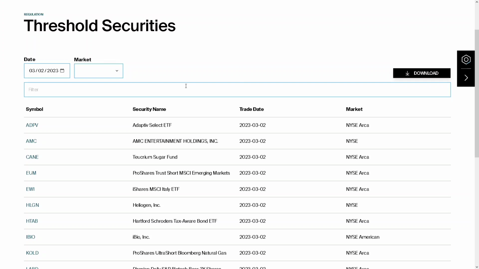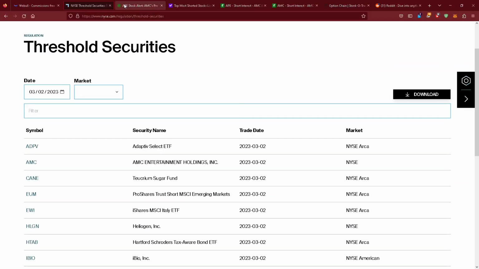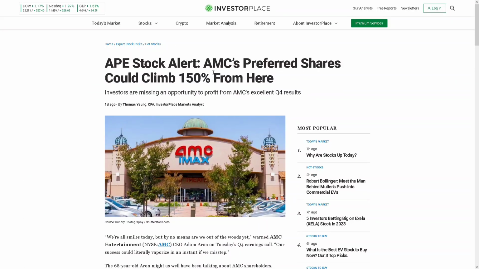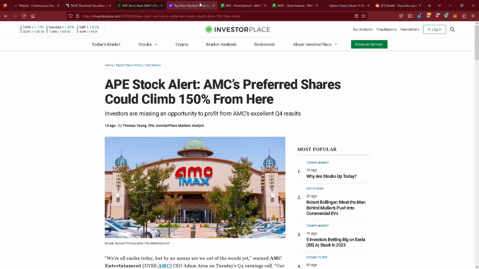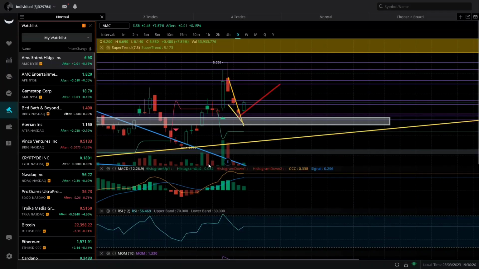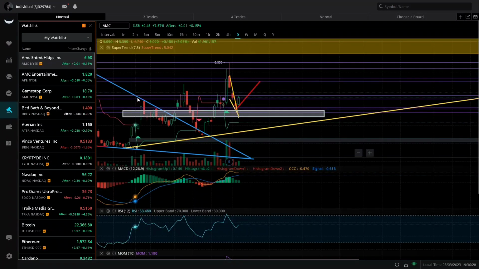But guys, just look at the fundamental data. AMC is extremely bullish on the threshold security list for over 18 days. Ape is having bullish articles come out about it. AMC is having bullish articles come out about it. We have bullish fundamentals improving, like the popcorn, more movies coming out. We got the beat on earnings. We have the overall technicals saying that we are in an uptrend. We are getting higher highs, higher highs, higher highs. We have a ton of bullish details